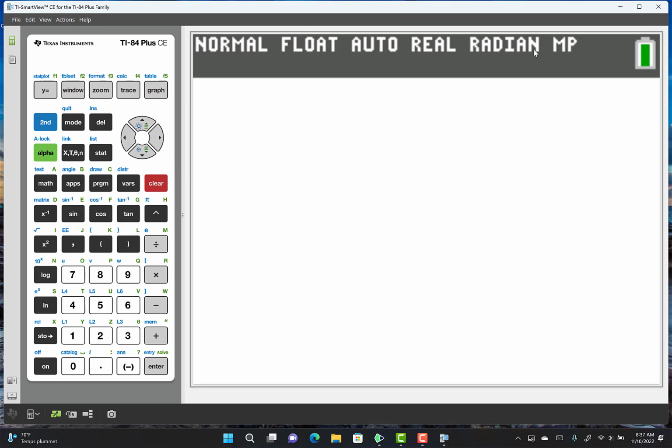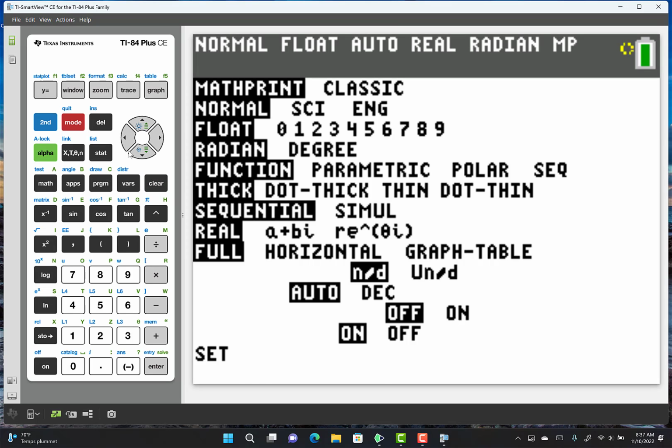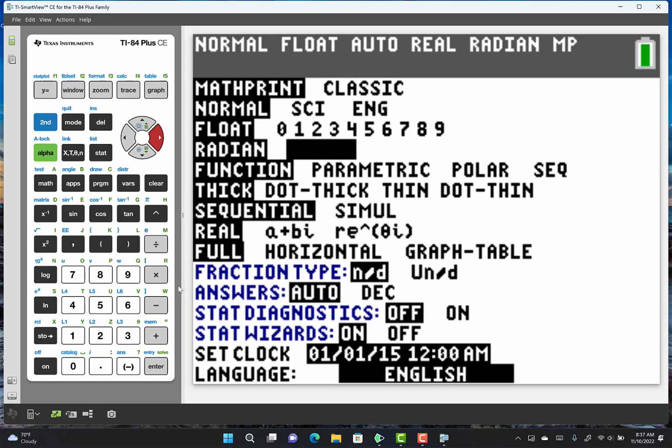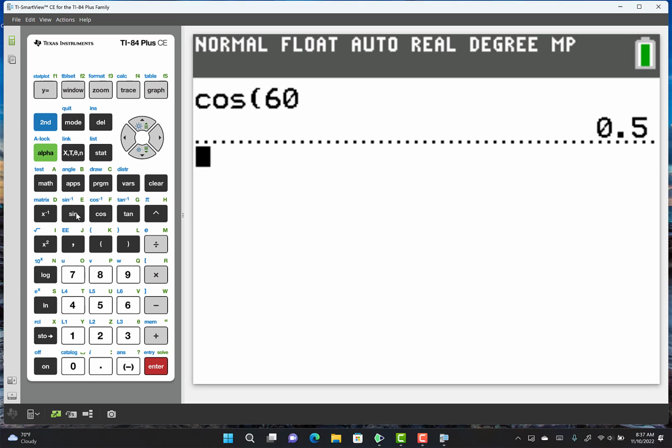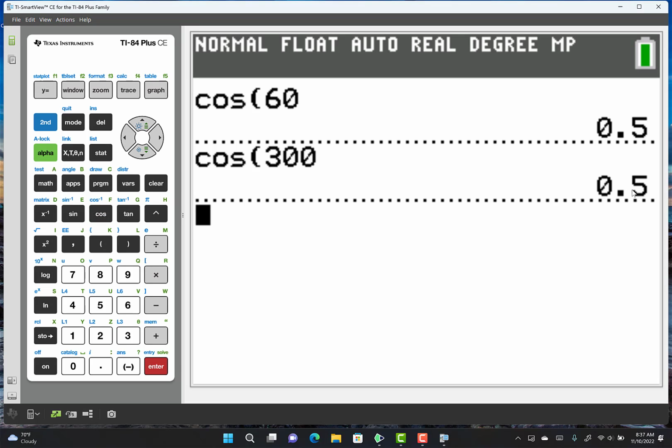All right. So here I am in radian mode. Let me go to degree mode because I think it's a little easier to explain in degree mode. So check it out. If I type in cosine of 60, I do in fact get 0.5, the 1/2, right? If I type cosine of 300, I do in fact get 0.5. Are you guys ready for the conundrum? Here's the conundrum. If I tell my calculator inverse cosine of 0.5, which you know is these two answers here,